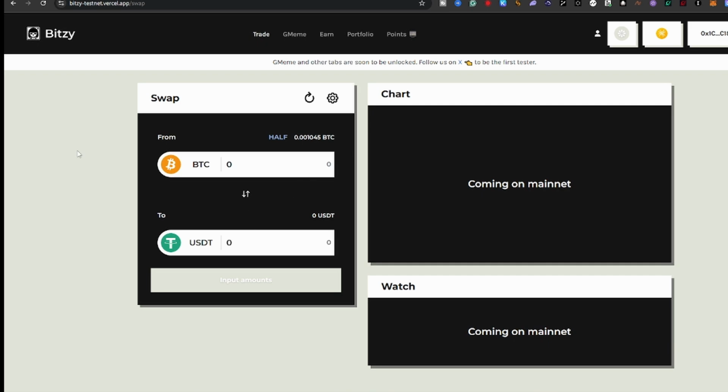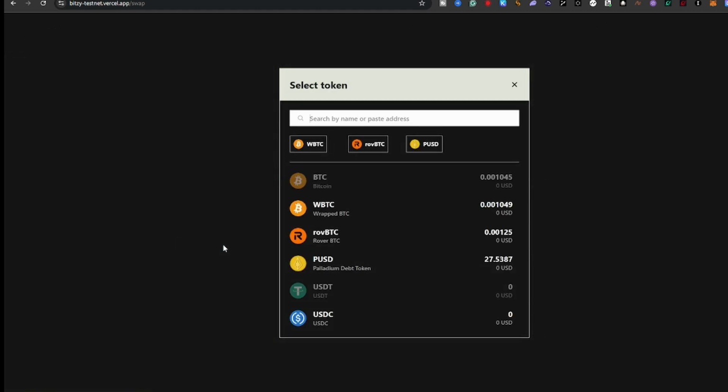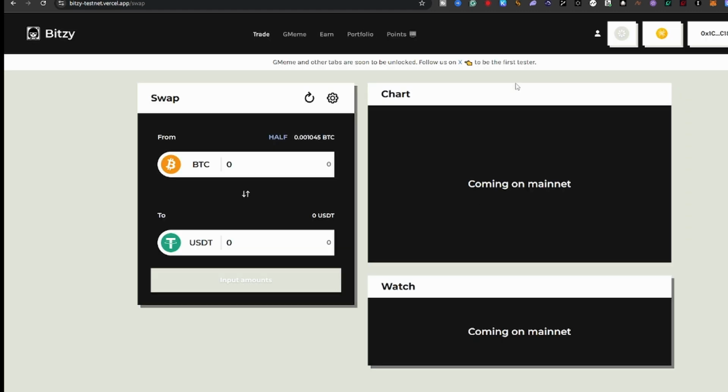So this is the first dApp that we need to use. It's called testnet Vercel. So we can swap our testnet BTC to USDT, to wrapped BTC, and many more. So for now, let us try this USDT.